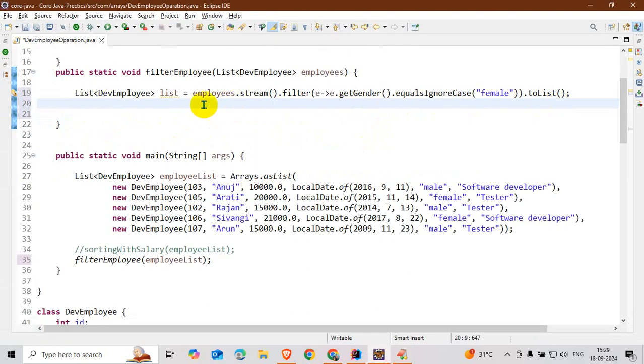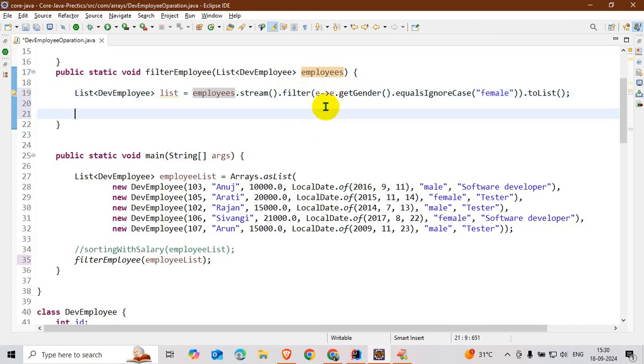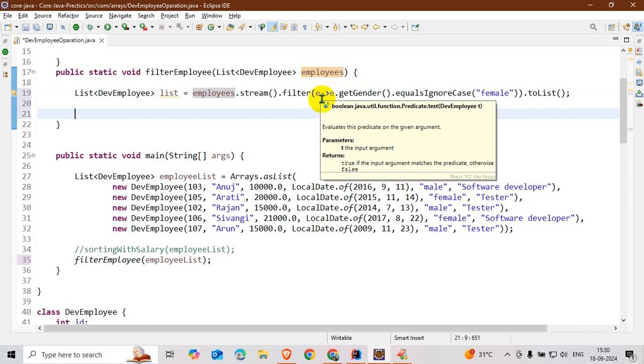I explain once again. First I have a list of employees. I create the stream object. After that I call the filter method. In the filter method I write the predicate logic. In predicate we write the conditional check operation.